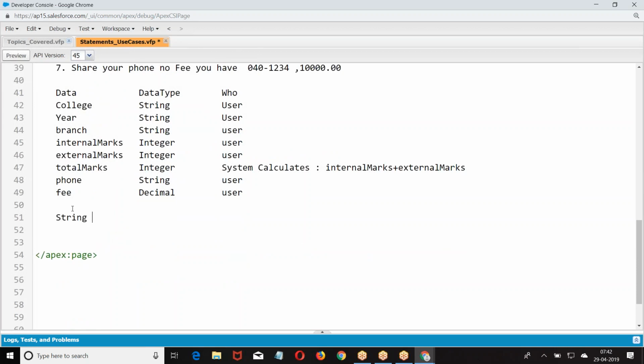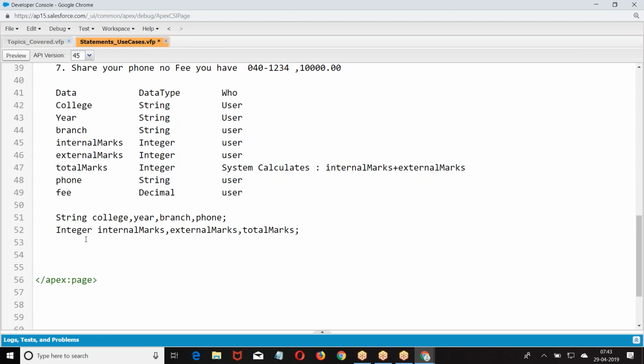When you go to this, I have college, here branch, then I had integer, total marks.